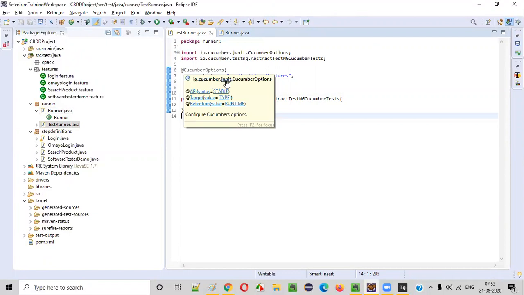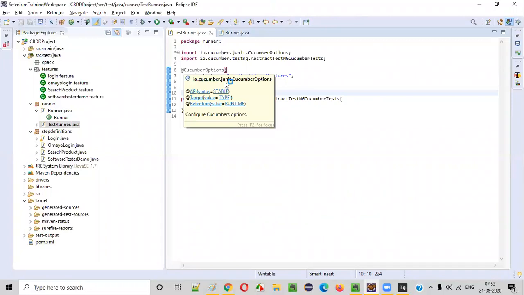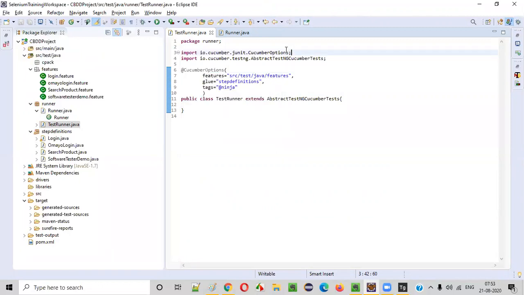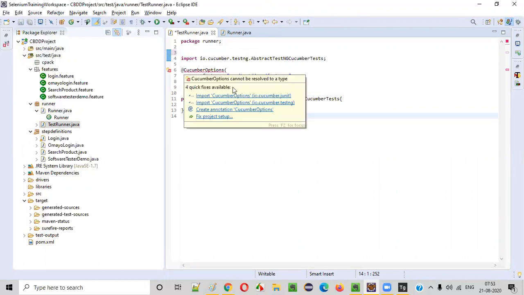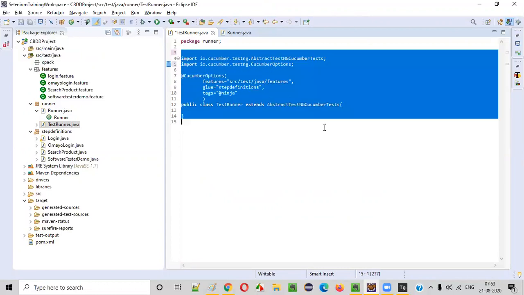This annotation is coming from JUnit, guys. Don't simply copy paste. When you copy paste, you have to cross check where this annotation is imported from. It's imported from JUnit, and that should not be done. It's not the correct thing. We should not be using JUnit anywhere. Hovering over it, you are getting CucumberOptions not only from JUnit but also from TestNG. You have to select TestNG now. This is going to be a TestNG runner class, and all these things should come from TestNG only. You should not see any import statement from JUnit here. Cross check that.